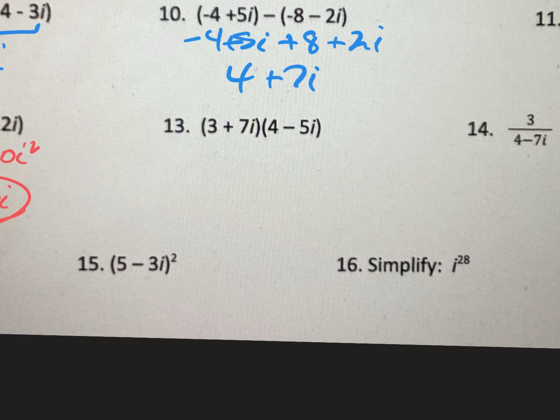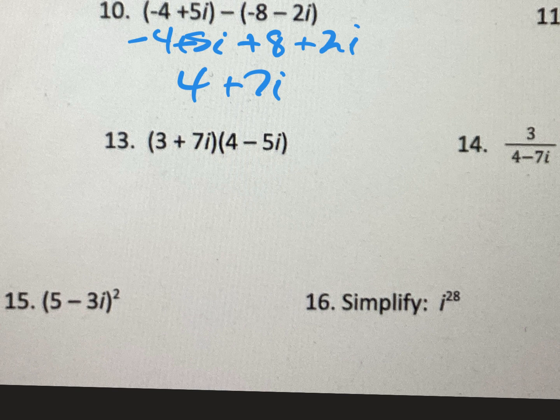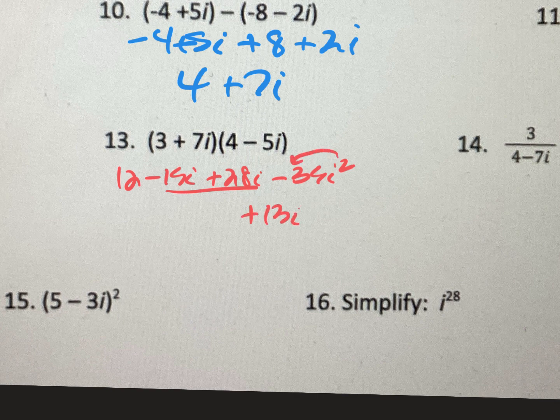And there's that one. Number 13 is FOIL. First, we got 12, outer, inner, and last. All right. First of all, I got these i's in there, which is just 13i. That i squared makes this plus 35, so I'm going to do that 35 plus the 12, and I get